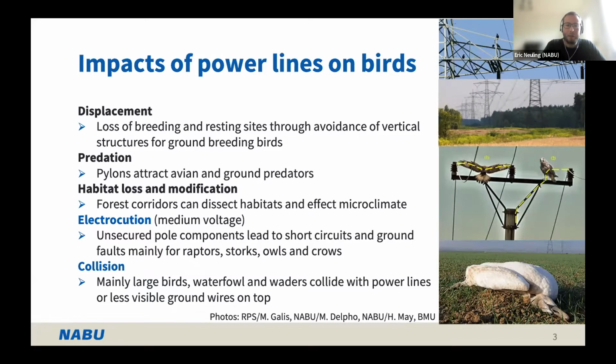We also have the issue of habitat loss and modification, especially in forests when we have corridors that dissect wooded areas and habitats, because the vegetation and the microclimate in these forested areas change, and this affects, of course, biodiversity. But we will look especially at the issue of electrocution. That means that we have unsecured poles and components on these poles on the medium voltage level. Those components lead to short circuits and ground faults, mainly for bird species of the groups of raptors, storks, owls,